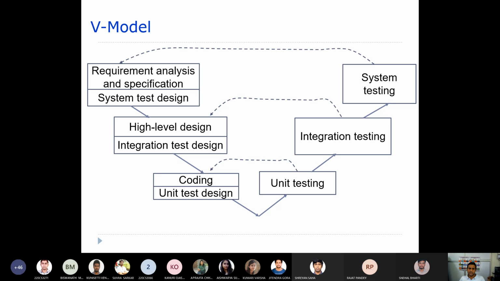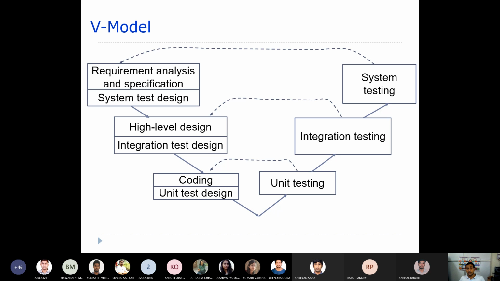While doing high level design, we design integration test cases. And while implementing the software, that means while coding, we develop unit test cases.